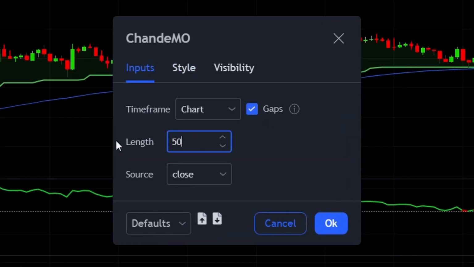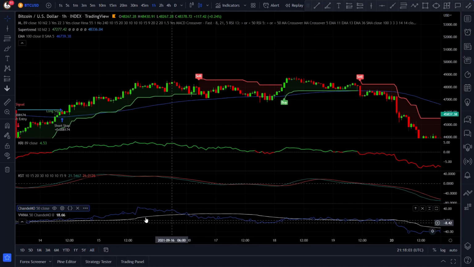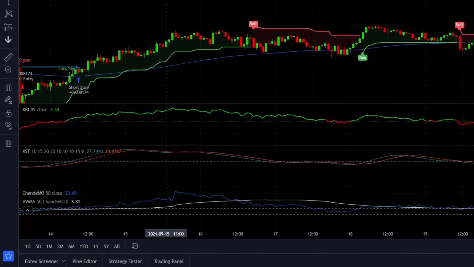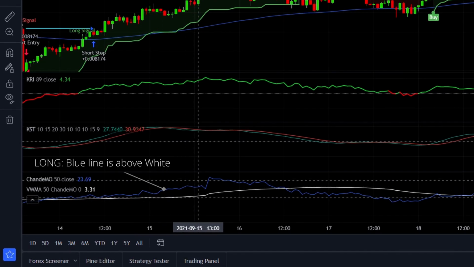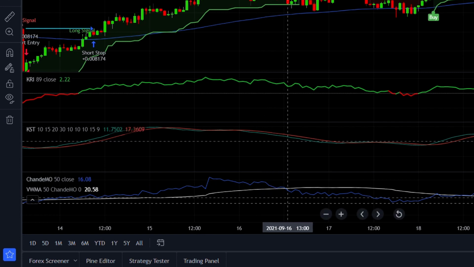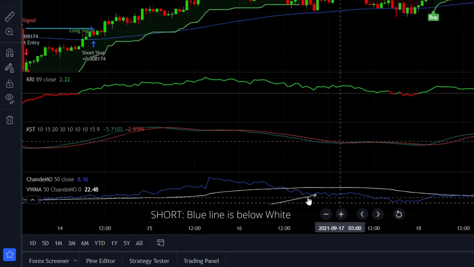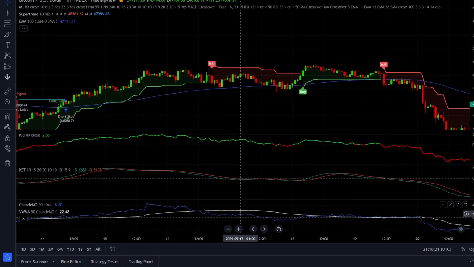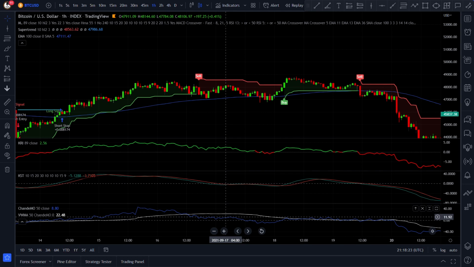The purpose of this filter is to only allow trades when the momentum of the price is on our side. So the rule for this filter is the following. When the blue candle momentum line is above the white moving average line, you are only allowed to take long entries. The opposite goes for short. So if the blue line is under the white line, you are only allowed to take short positions. Simple as that. Finally, keep in mind trading this strategy is only allowed on weekdays, so you can only trade